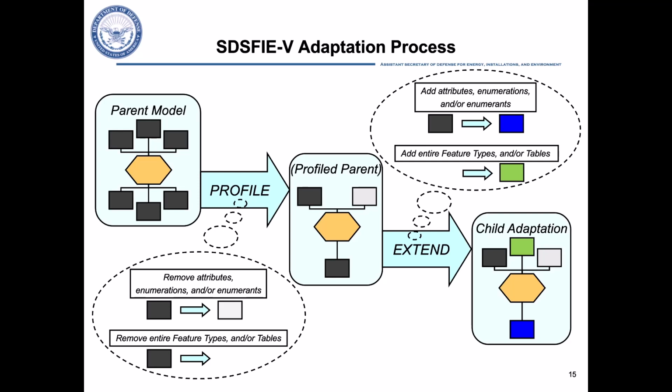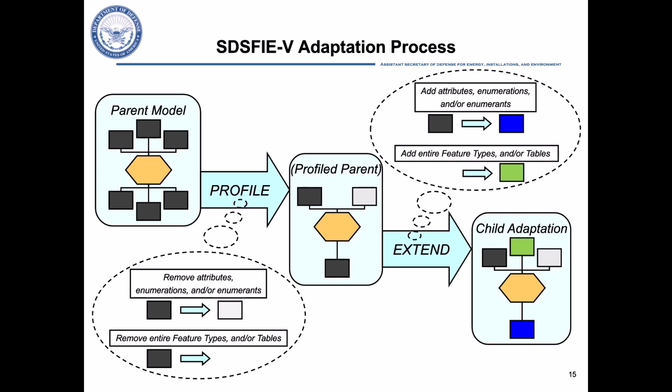As mentioned, the SDSFIE-V Implementation Guidance, or SFIE-V, specifies the rules for adaptation actions. While not depicted in this diagram, components may customize their model through a number of allowable change actions. Components may change an alias name, add a note or description if one does not exist, or augment an existing note or description in any type of element. As mentioned, rules specific to particular elements must also be considered when developing an adaptation. For example, attributes can be decreased in length, and constraining enumerations can be added to attributes that are unconstrained in